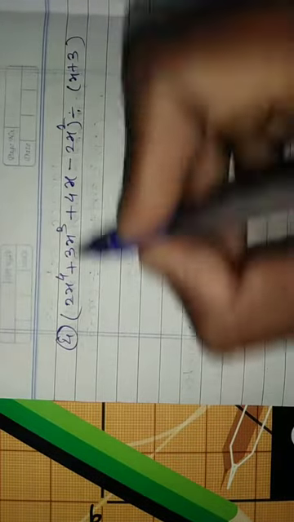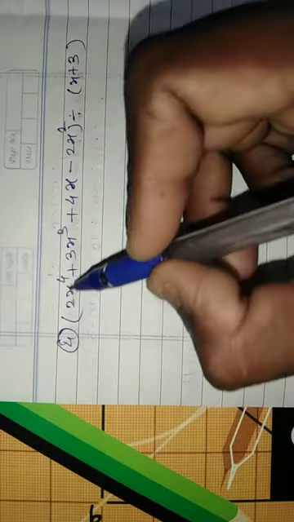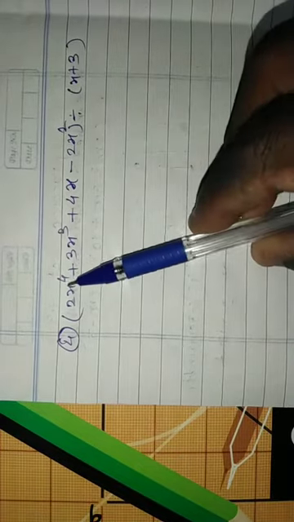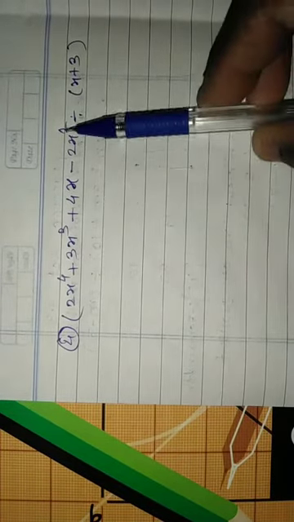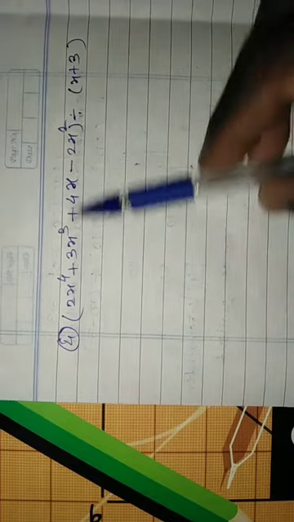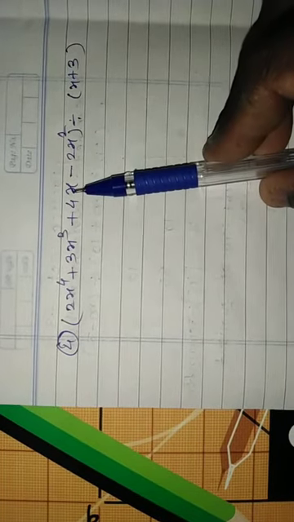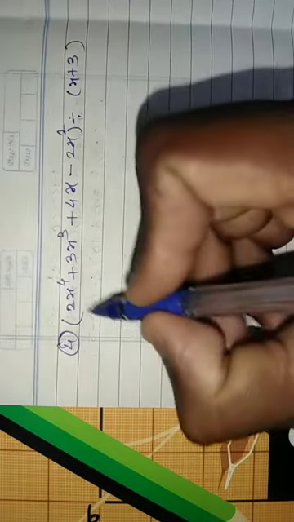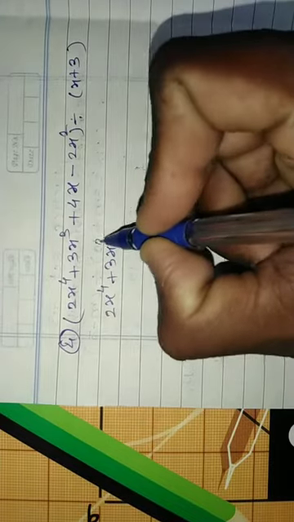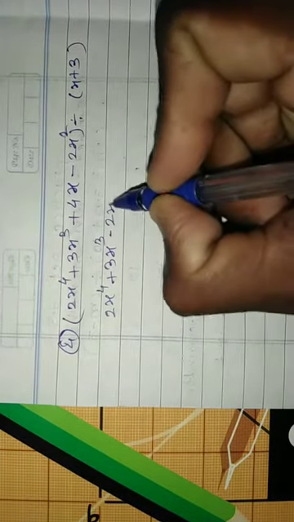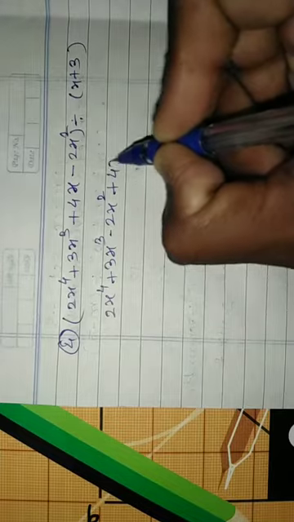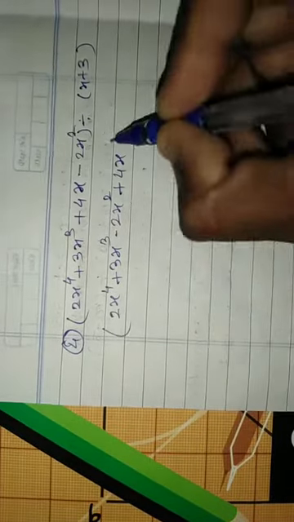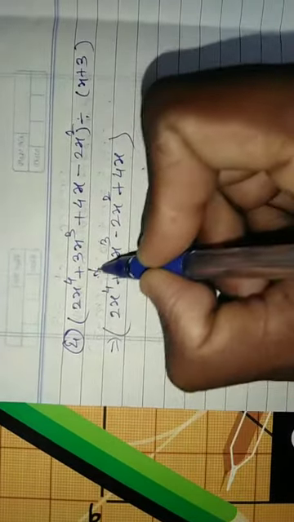Look carefully, student, here are two polynomials. Once again we have to divide this polynomial by x plus 3, but look carefully, all the indices are given for you. Here is the fourth index, third index, second index and first index. All the indices are given, but they are not in proper sequence, so we have to write them in proper sequence. For example, we write this way: 2x raised to 4 plus 3x cube, then minus 2x square and then plus 4x. Okay, this is our polynomial.